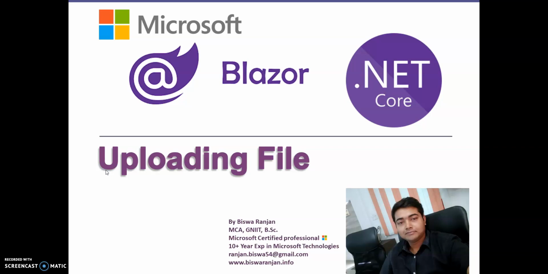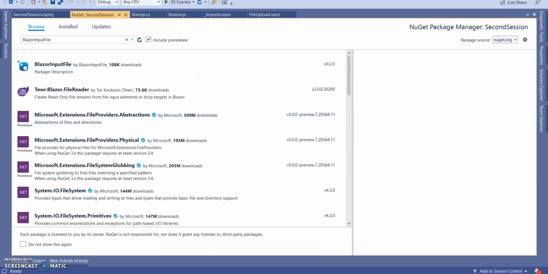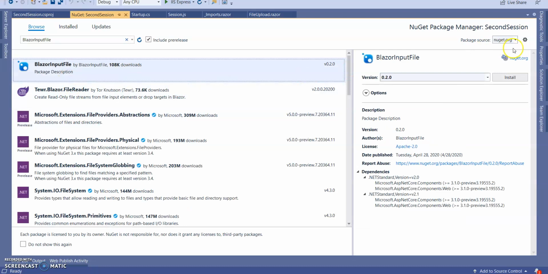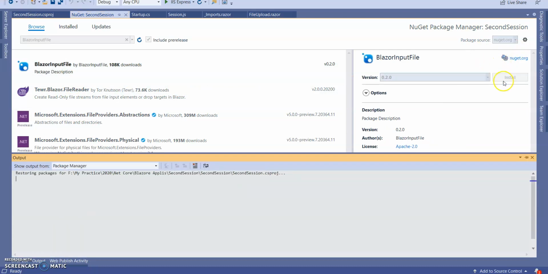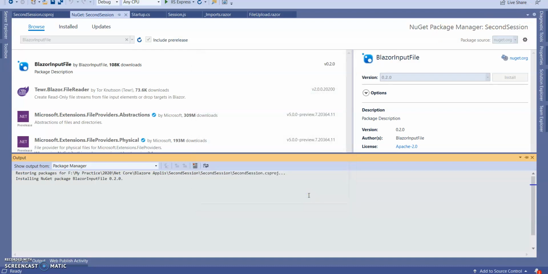Let's get started. For this session, to input a file, we are going to use the Blazor input file NuGet package. Go to Visual Studio, go to your NuGet package console, search Blazor input file or directly copy paste this text, click on install, accept.